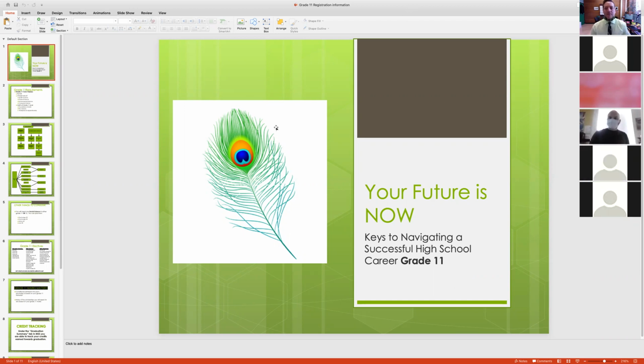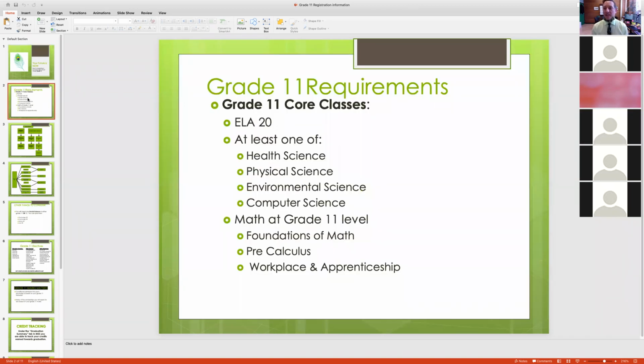Okay, so your future is now. Keys to navigating high school in grade 11. All right, well, there's a big shift in grade 11, and that is the number of core classes you have to take is drastically different than any other grade you had. In grade 9, in grade 10, you had 6 or 7 core classes you must take. So in the course form, you had limited elective options. That's different in grade 11. In grade 11, you actually only have